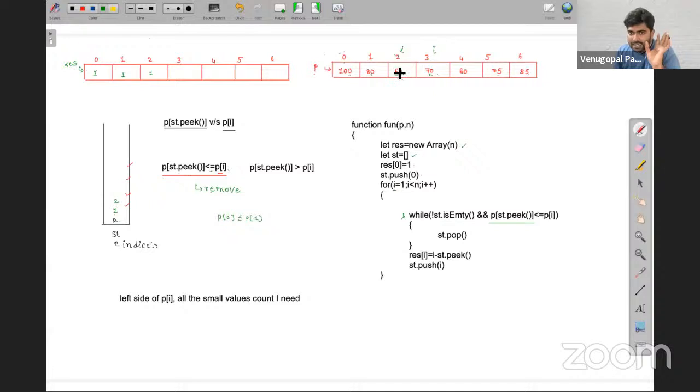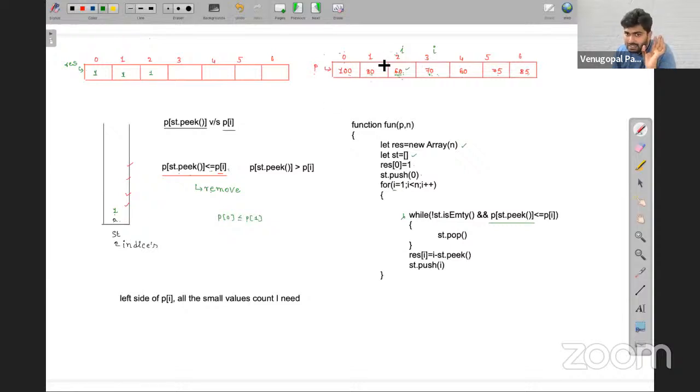Again, same story. Is my 60, next topmost element is 2, friends. 2 is nothing but a 60. Is 60 small compared to 30? Yes. So I will remove. Why am I removing? Because next time if anything comes, those unnecessary comparisons we cannot do. That is why I'm removing now only. Okay. Next.